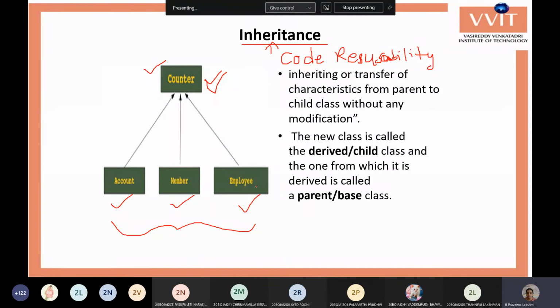In all those child classes, we can use the same parent class members. We need not declare them again. So this code reusability also has advantages. It can reduce the number of lines in the code, and it can reduce the memory space required for the variables. Especially it reduces the number of lines in the code. So the existing class is known as the parent class, and the new classes which are created are known as the child classes.